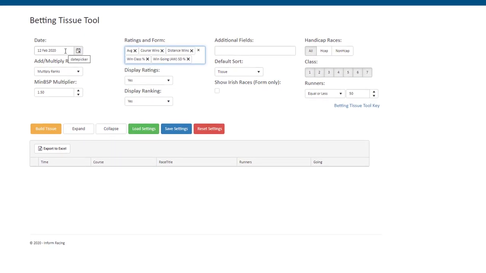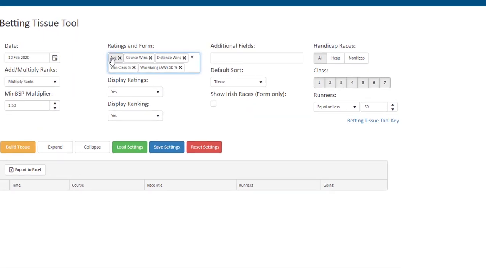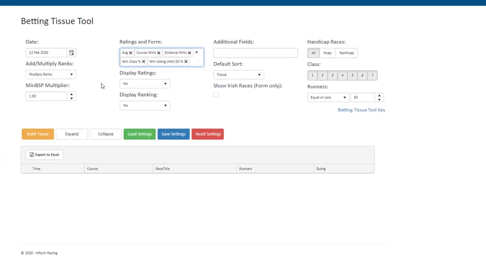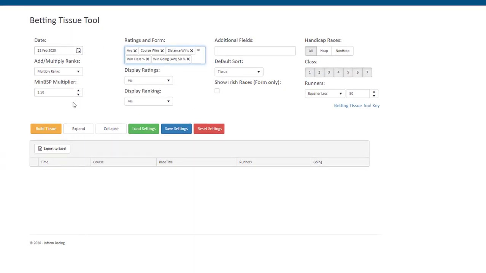So we're going to look at a race on the 12th of February. I've chosen this criteria here. I've got the average speed rating, the number of course wins, the number of distance wins, the wins at today's class or higher, and the wins at today's going, as we're going to look at a race at Southwell on the standard going. So once you've chosen your criteria, click Build Tissue,